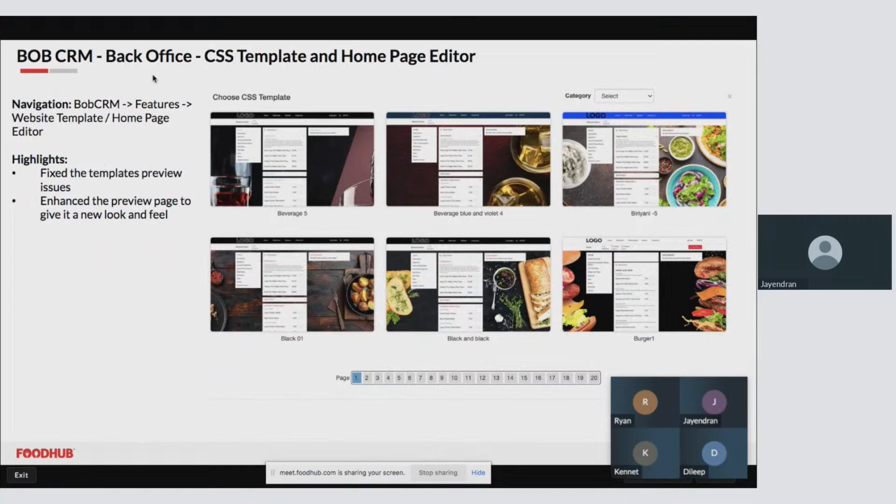The next feature is that we have brought in improvements with the CSS template and homepage editor. Earlier, our agents faced an issue with the preview of these templates, but we have enhanced the preview page and given it a new look and feel, so that we had brought in the UI enhancement with this page,